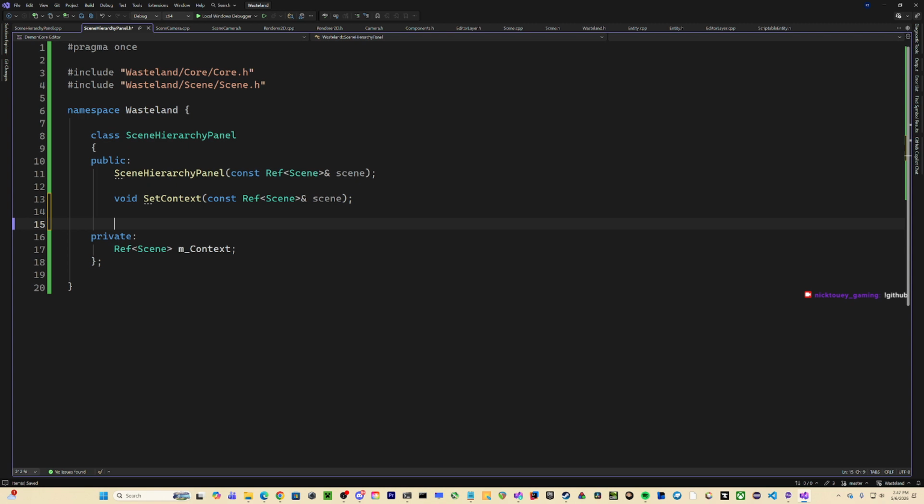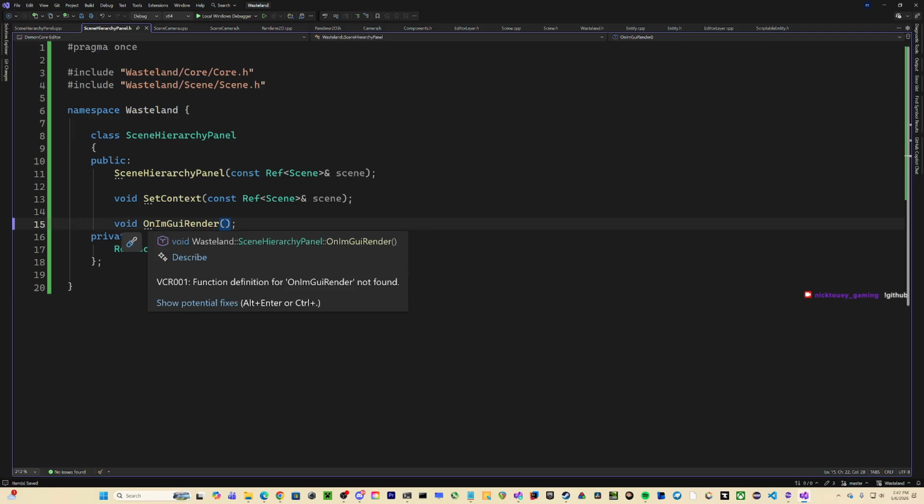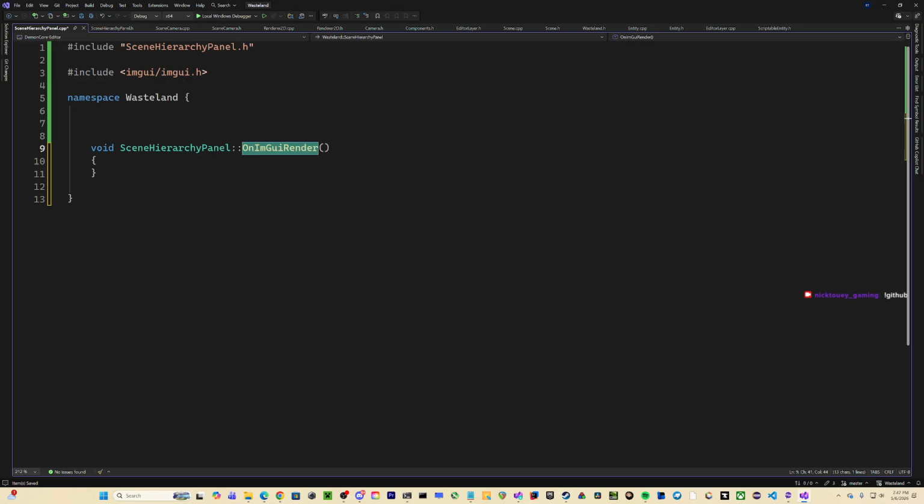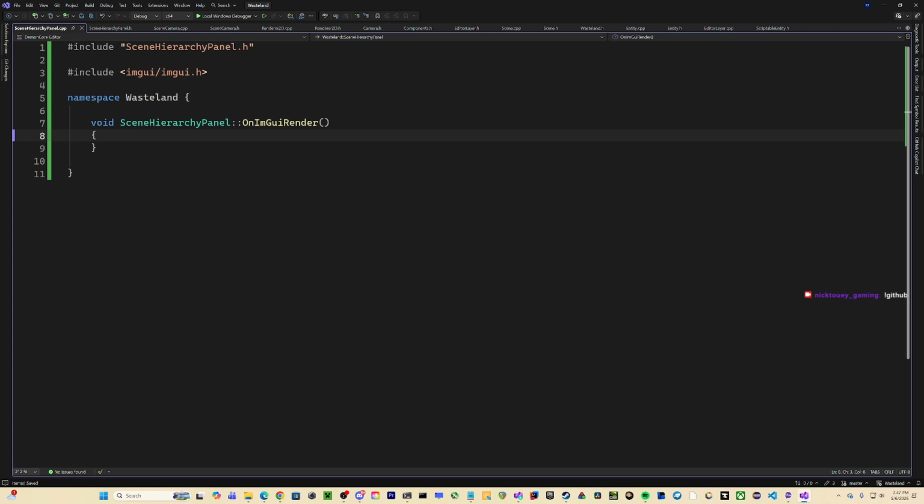Probably have a GUI render function. That's probably a good thing to have when doing something like this. A lot of the time it'll probably just look like I'm staring at a screen, probably because I'm thinking as I do this.